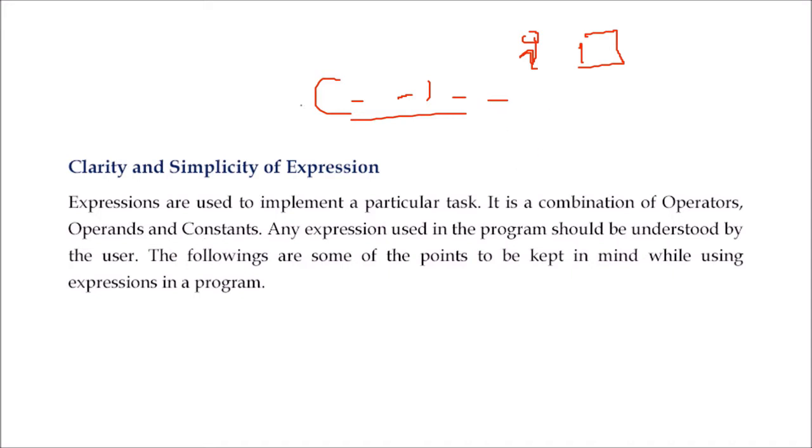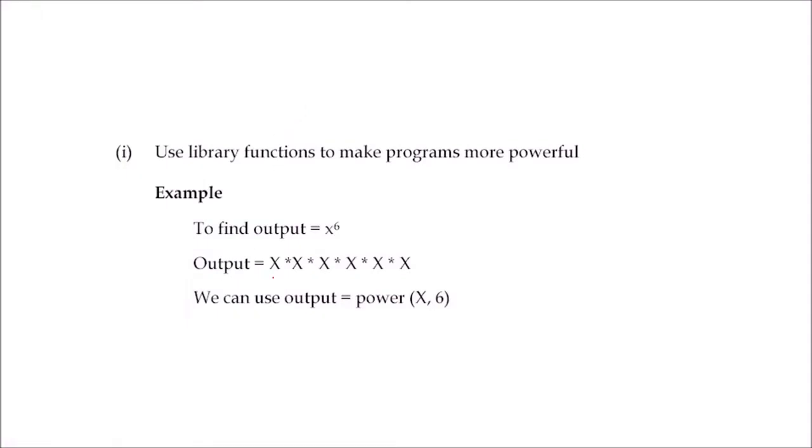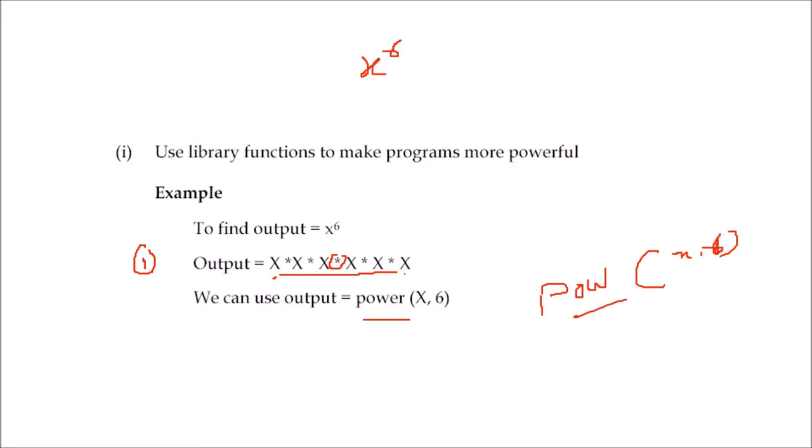So what you have to do is, see, there are certain things. These are called your operands. This star is the operator. So if somebody told you that I want x to the power 6, the first method is that you multiply x 6 times. The other method is you take the power function, x comma 6. Actually in C and C++ you will get this pow function. Library functions are those functions which are given by the programming language itself, and user defined functions are those functions which you make for yourself to solve a certain purpose. So library functions you can use.